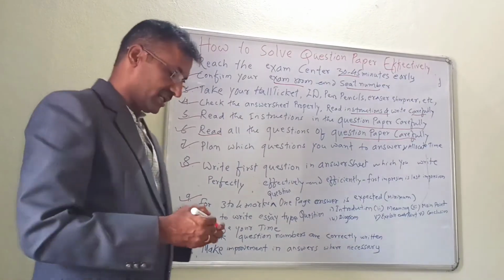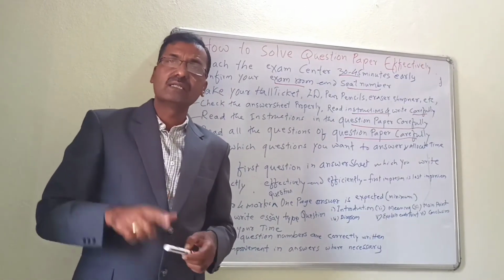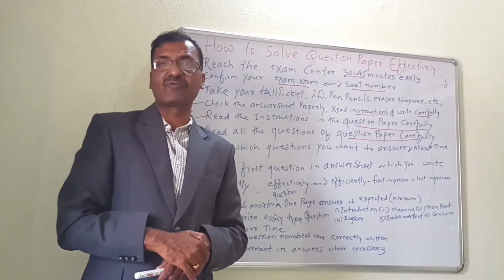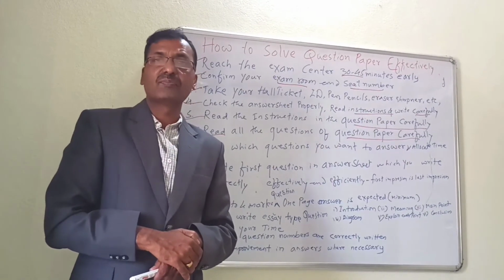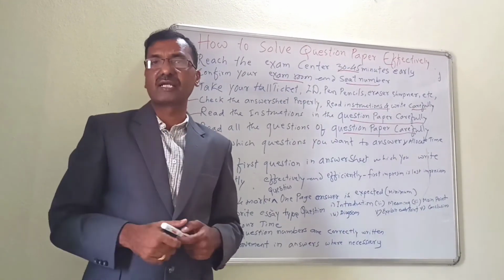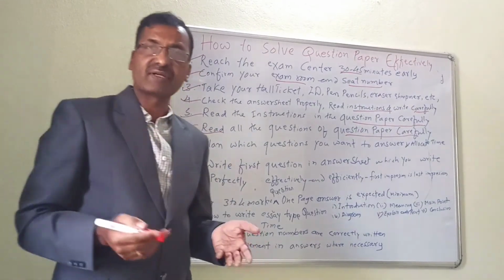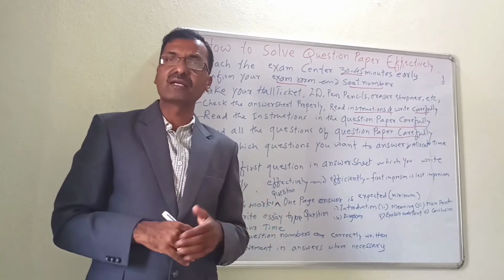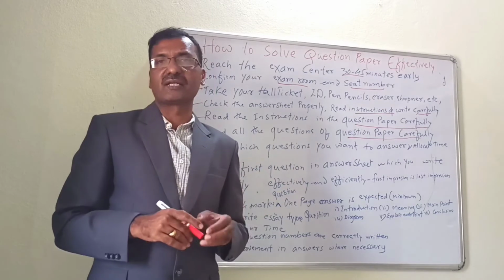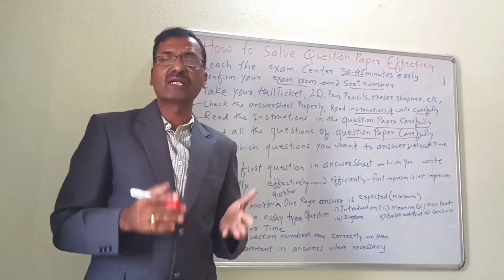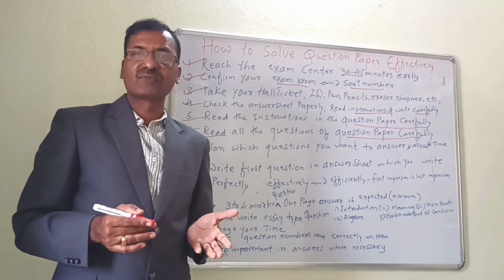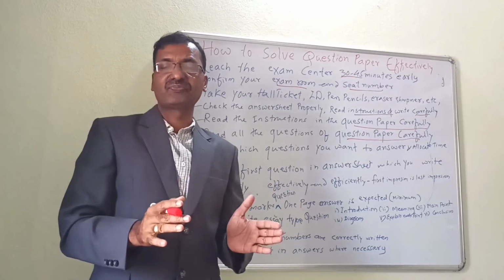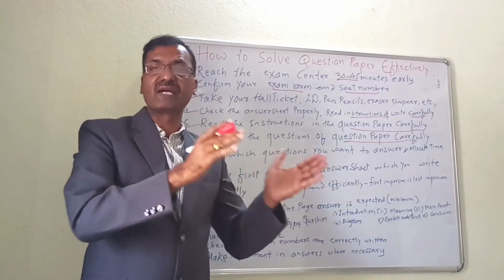Next, manage your time. It is very important that whatever the questions are there, you have to allocate specific time for each question. How much marks that particular question is asked, based on that you have to allocate the time. If 100 marks are there, your time is 3 hours. So accordingly, for 1 mark, you can allocate a time that is necessary. For 1 mark, it is taken example approximately 1.8 minutes. So like that, you have to allocate the time and you try to finish your answer within that specified time.